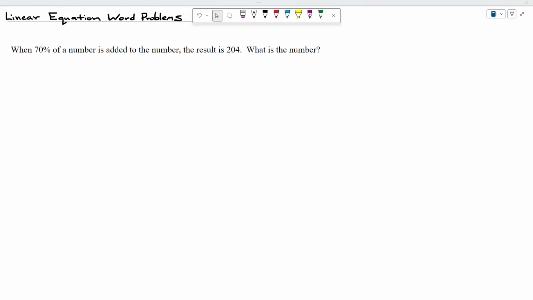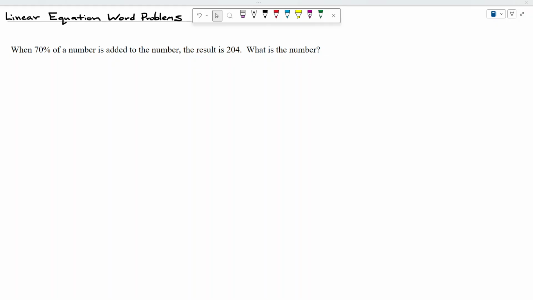In this lesson, we're going to be going over some linear equation word problems. So we'll be building off of what we had done in the previous lesson. And before we start, I just want to stress with word problems,